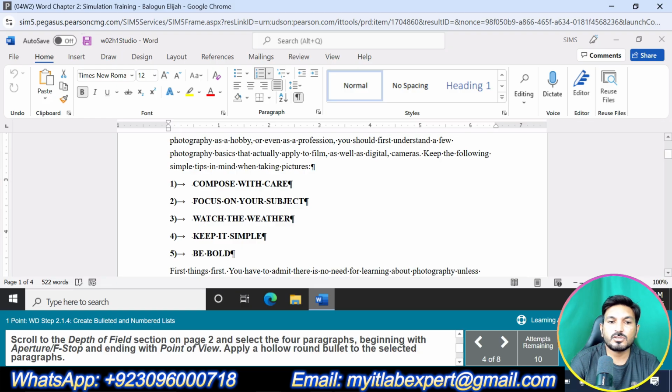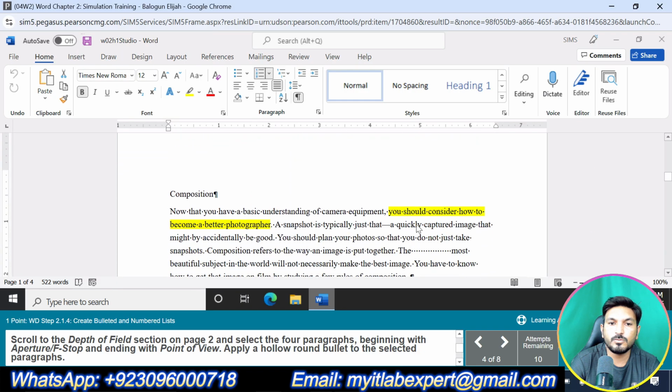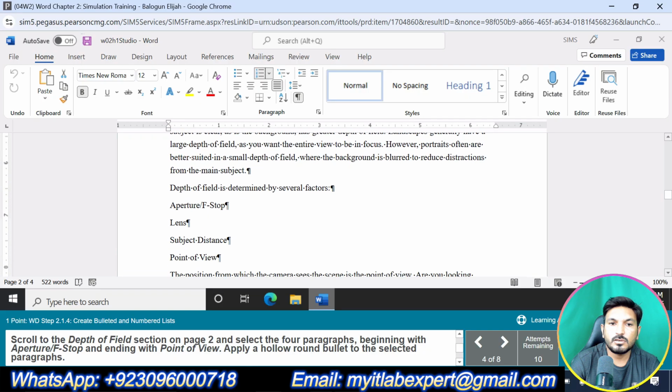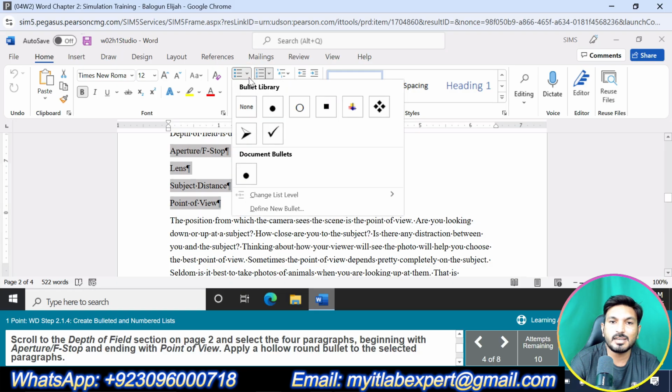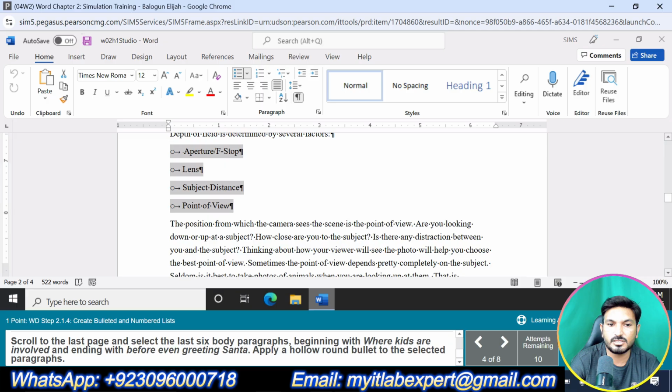Scroll to the Depth of the Field section on page 2 here, and we are supposed to select these and apply a hollow round bullet to the selected paragraphs. Go to Bullets and apply hollow round bullets, this one.